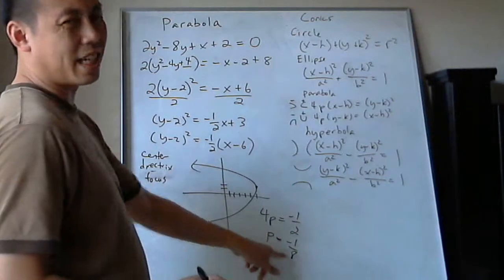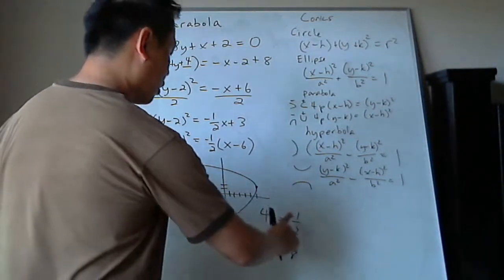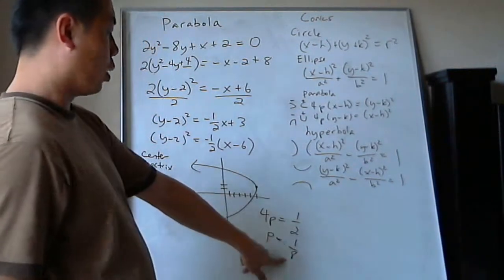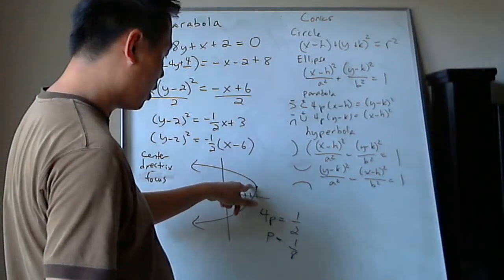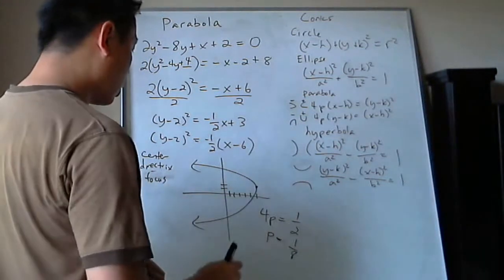But it's really irrelevant, the negative. It doesn't really matter. It's really the 1/8 that's the most important thing. Okay? So I shouldn't even put the negative here. It doesn't change anything. Okay? 1/8. So you know this distance is 1/8 from the vertex each way. Okay? So what I do right now